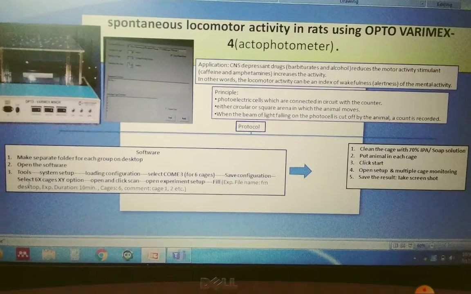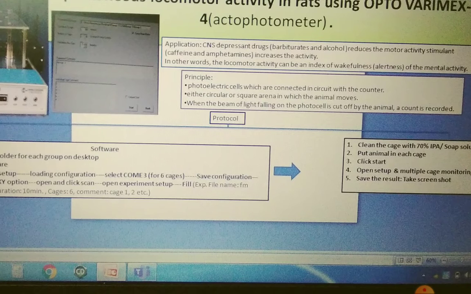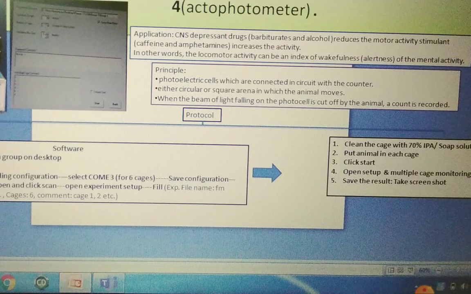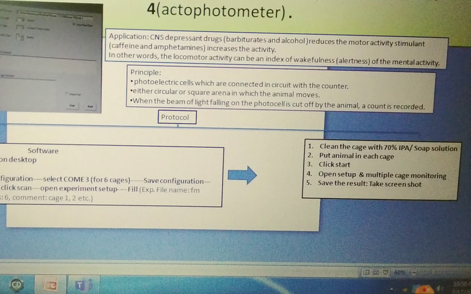After all the settings are done in the software, you need to keep the animal in the cage. Before that, you need to clean the cage with either 70% isopropyl alcohol or soap solution, and then put the animal in each cage. Then click start, then open setup and multiple cage monitoring, and click on that.